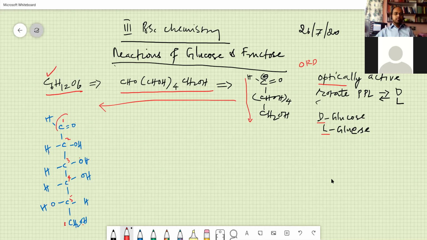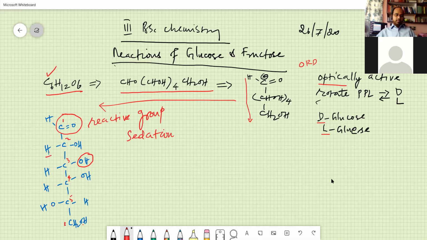Now I was mentioning this is the most reactive group. You can have other reactions due to OH. OH is an alcoholic group, so there is a biochemical reaction which converts the glucose or the starch that you consume into alcohol. Our body is capable of converting glucose into alcohol for the purpose of sedation. Sedation is a kind of process that starts at night, and it's the digestion. Yesterday I was telling you serotonin is a protein which also helps this particular process.